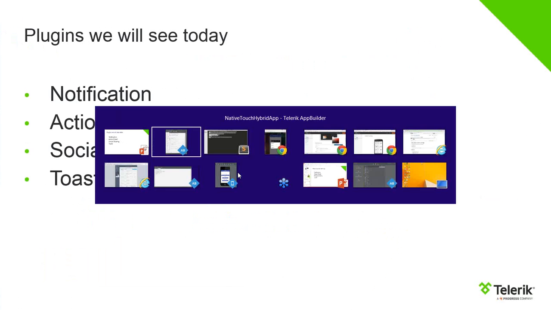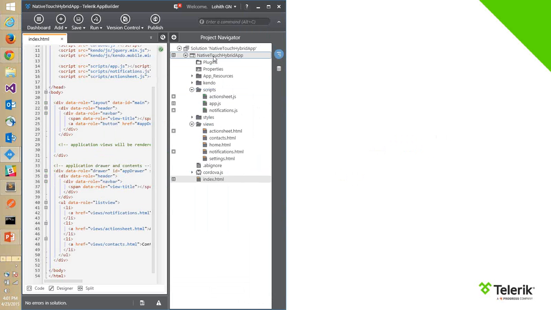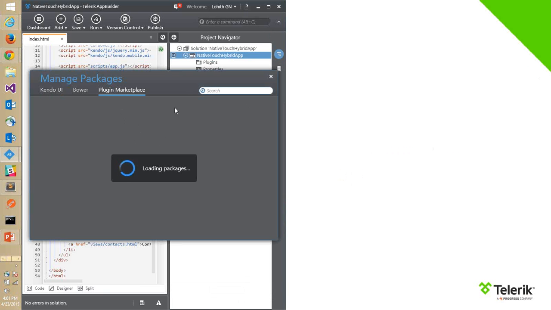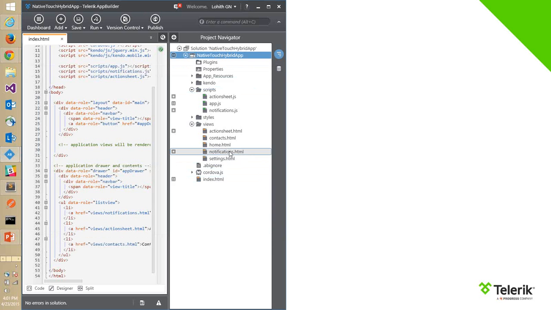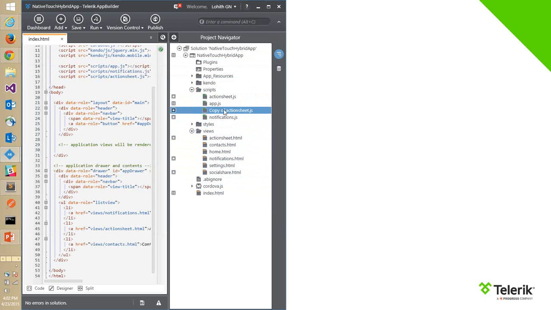So let me come back to social sharing now. Again, I'm going to go to my project, right-click, manage packages, plugin marketplace, and I'm going to search for social sharing, and I'm going to say install, and that's it. And now I have the social sharing plugin available. I'm going to copy the action sheet.html, rename it to social share.html, and I'm going to copy the action sheet JS here and rename this to social share.js,